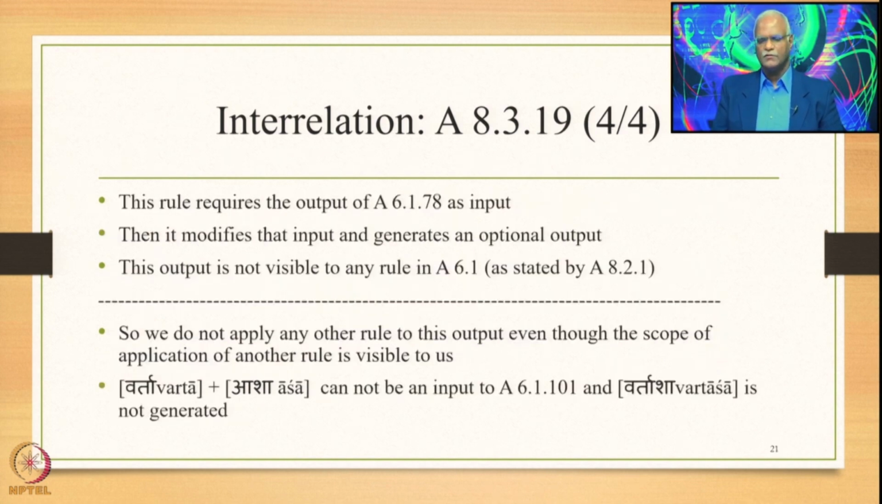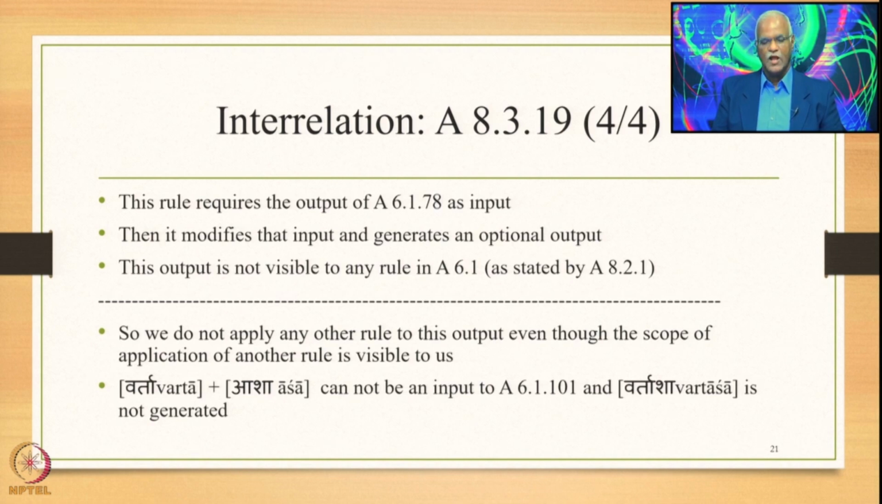What is important to remember over here is that 8319 requires the output of 6178 as input. The output of 6178, namely echo yavayavaha, is an input to 8319. Then this 8319 modifies that input and generates an optional output. Now this optional output is not visible to any rule in 6.1, for example, and this is stated by Purvatrasiddham,